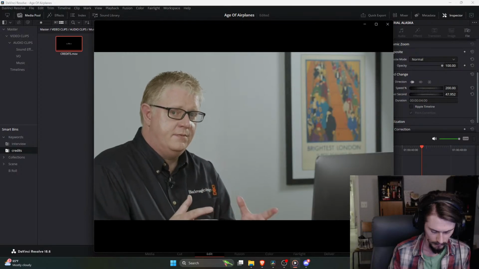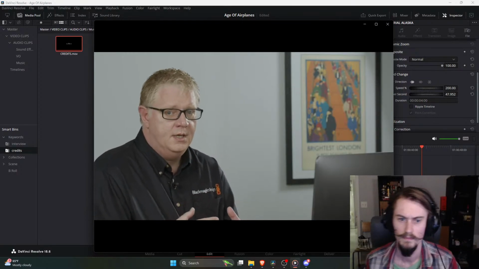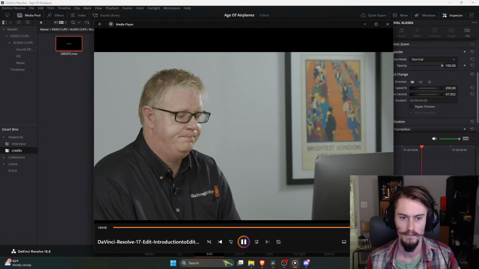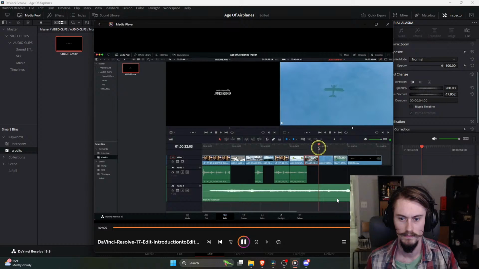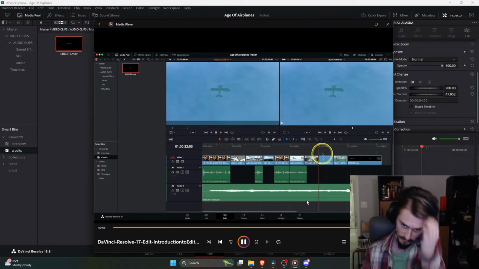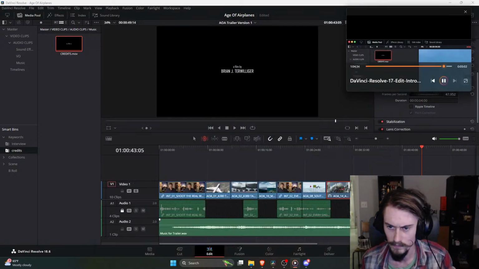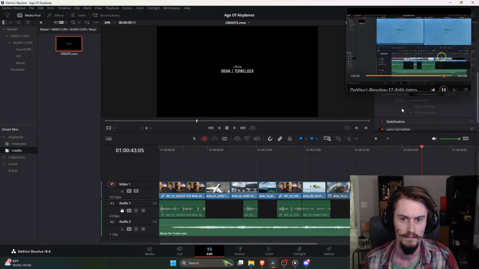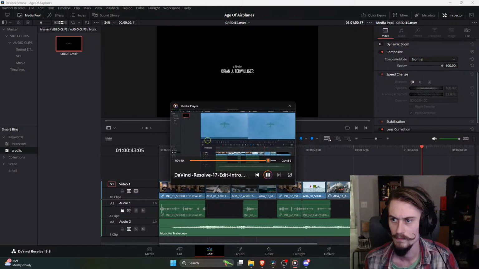Another way of using a different part of the same shot is actually to use a match frame and replace function. In this case, if I move the playhead to the first frame of the Kenya clip, if I actually want to reveal the original source clip for that clip, I can just press F on the keyboard in order to be able to do a match frame. This actually brings the original source clip up into the source viewer. This means I can now see all of the rest of the clip without